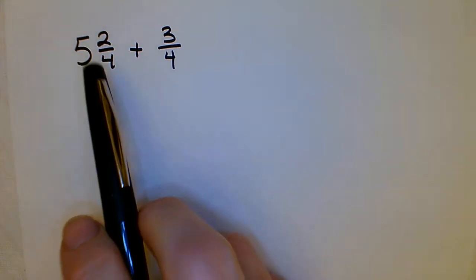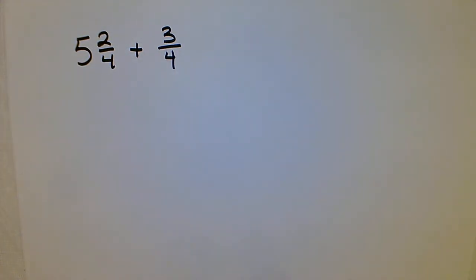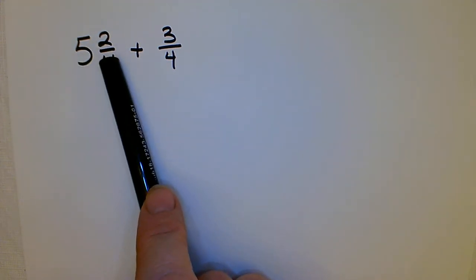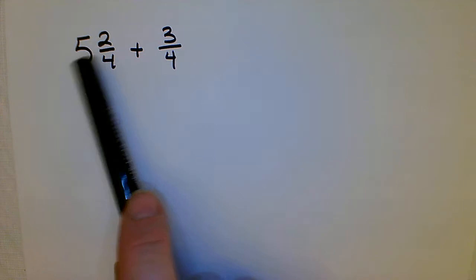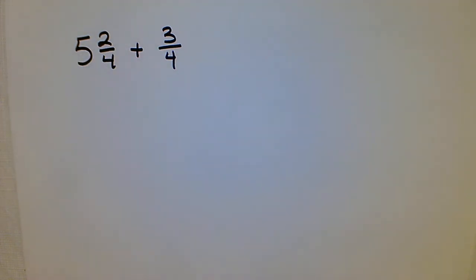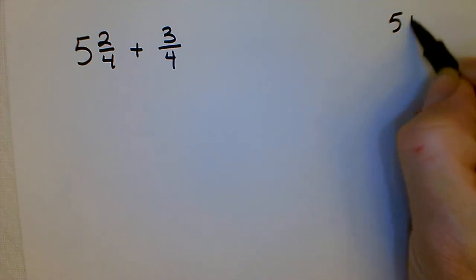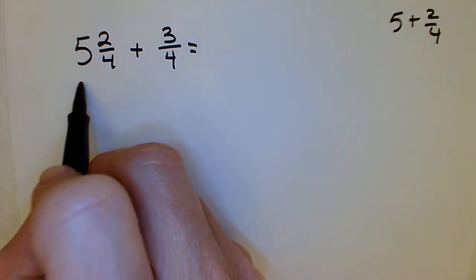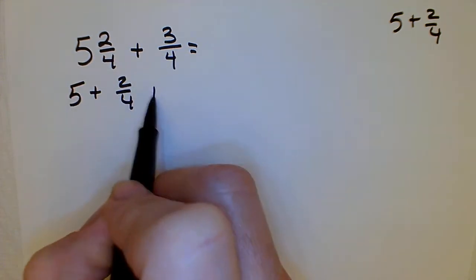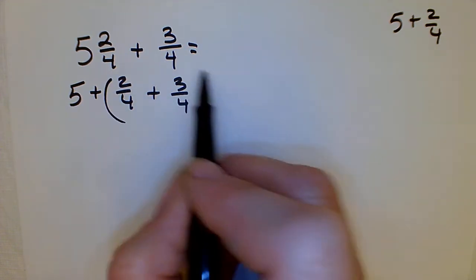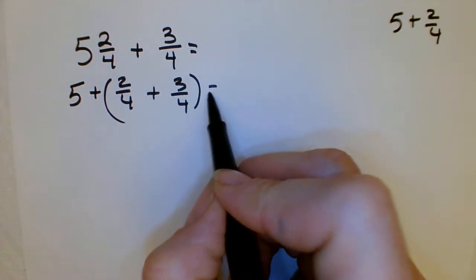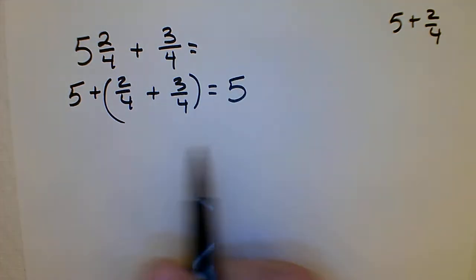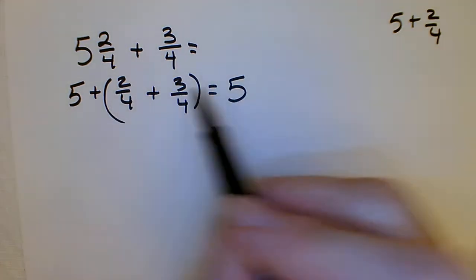So for this problem, again, the idea is that I really want you to think about pulling this apart and just focusing on those fractions. So again, you could think of this as 5 plus 2/4. And because that's a mixed number, it's a combination of a whole number and a fraction. So again, I could be thinking of that as 5 and 2/4. So if I go ahead and add 5 and 2/4, I'm going to go ahead and write it like this, because I think that helps us. And then we can use the associative property to say that we're going to put our fractions together. So I'm going to take my 5, and then let's add 2/4 plus 3/4, and we end up with